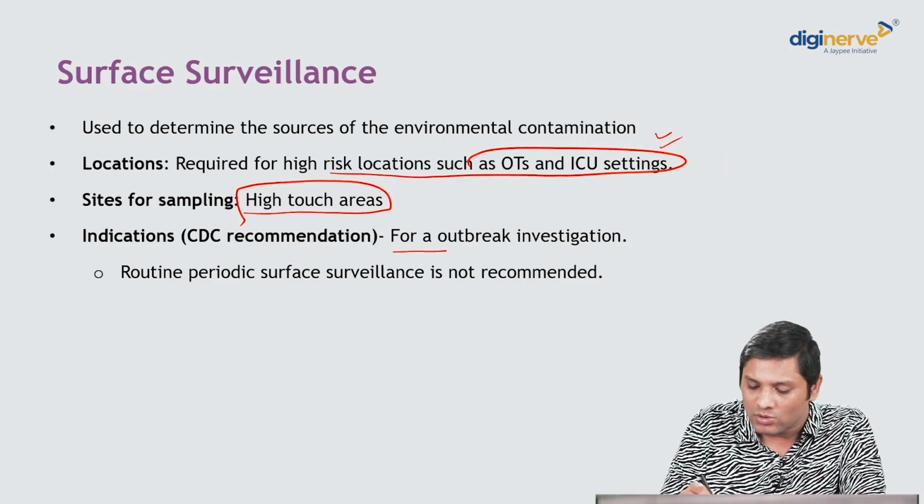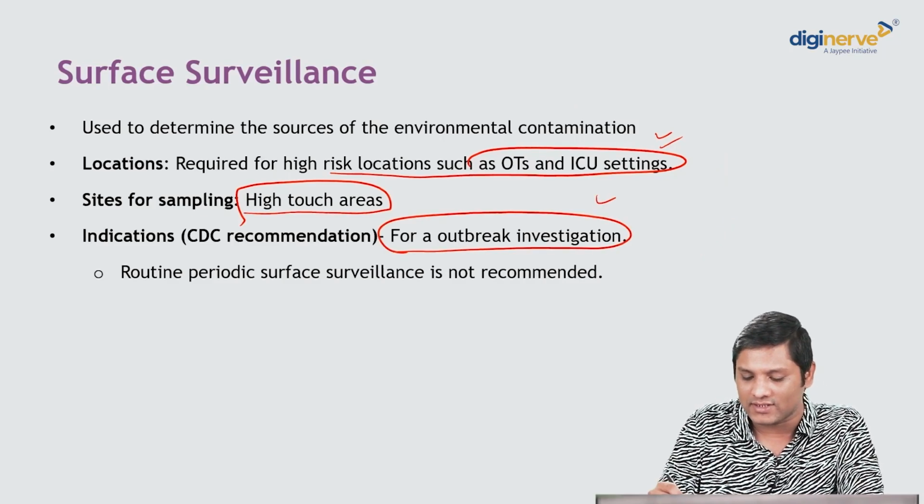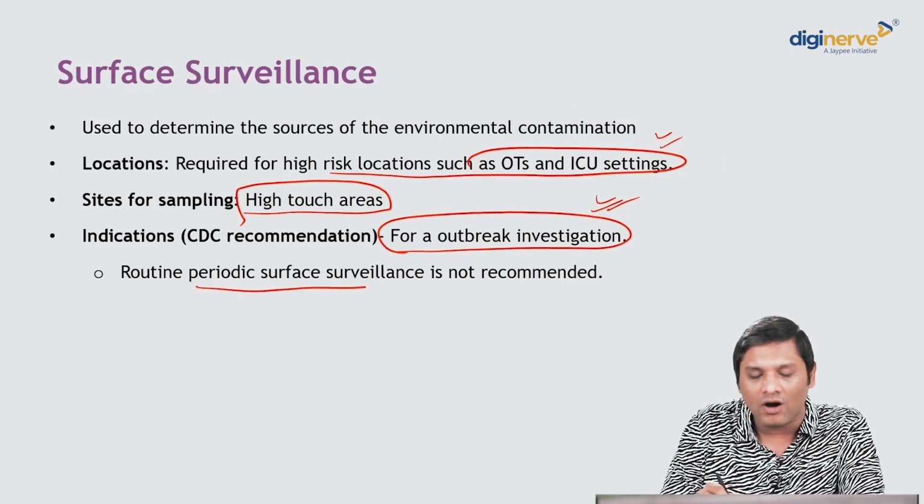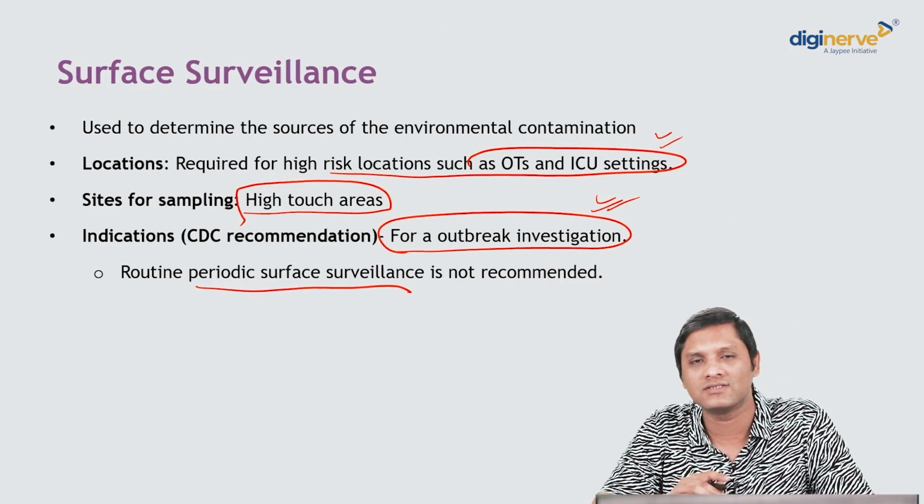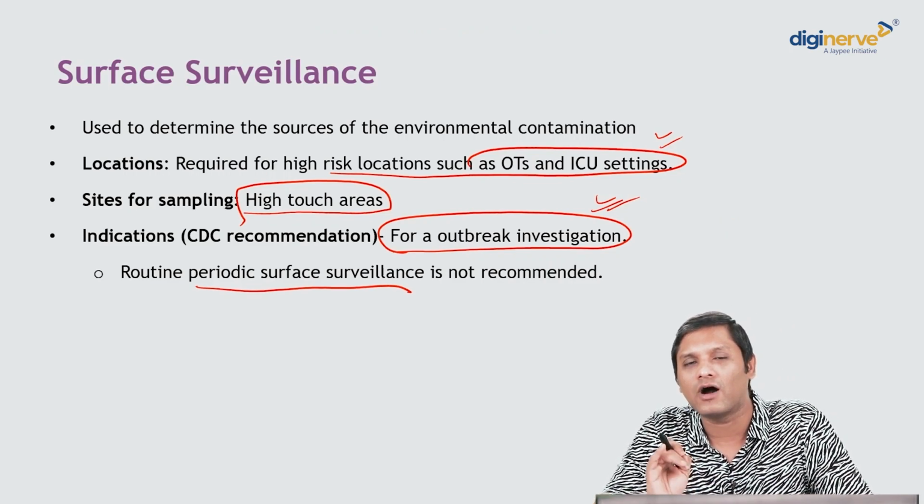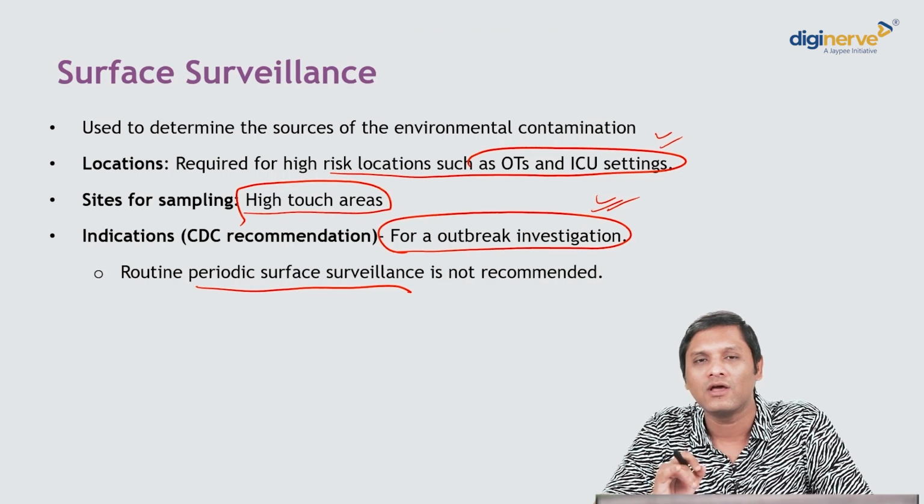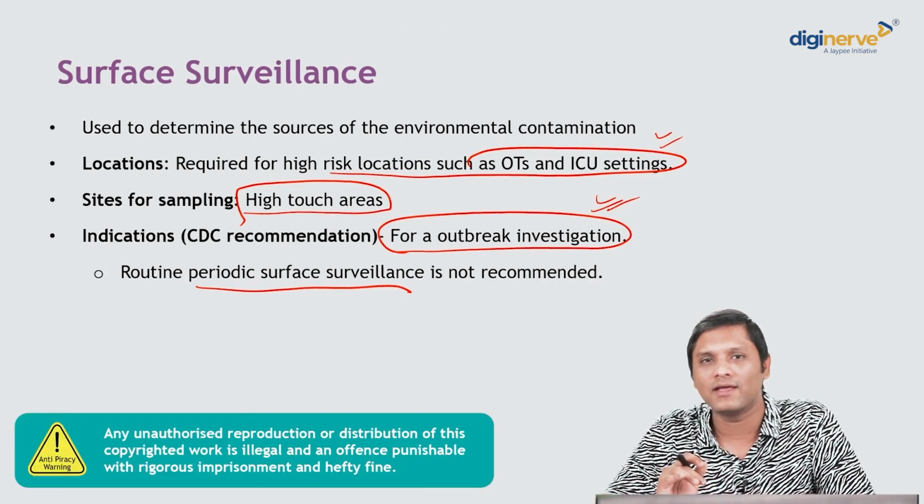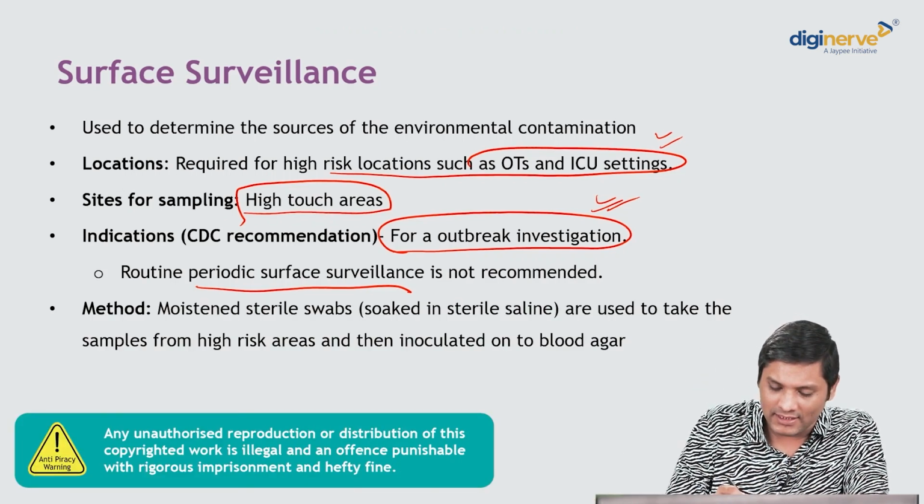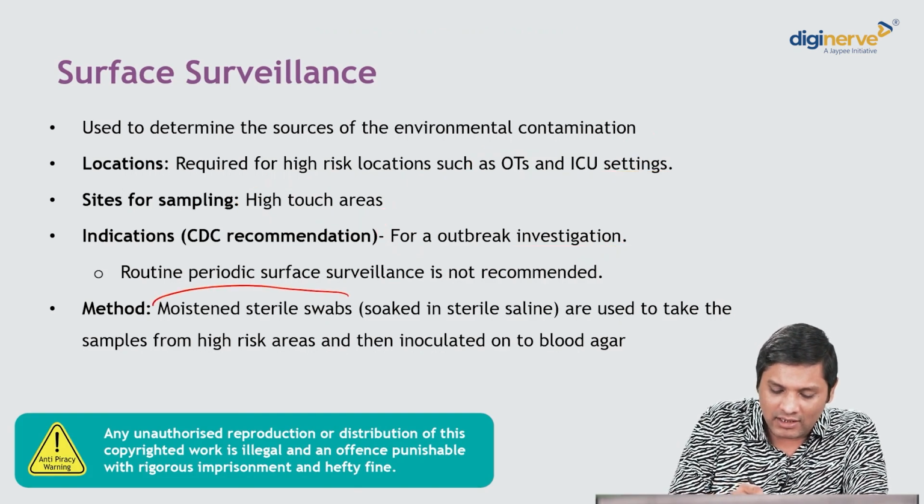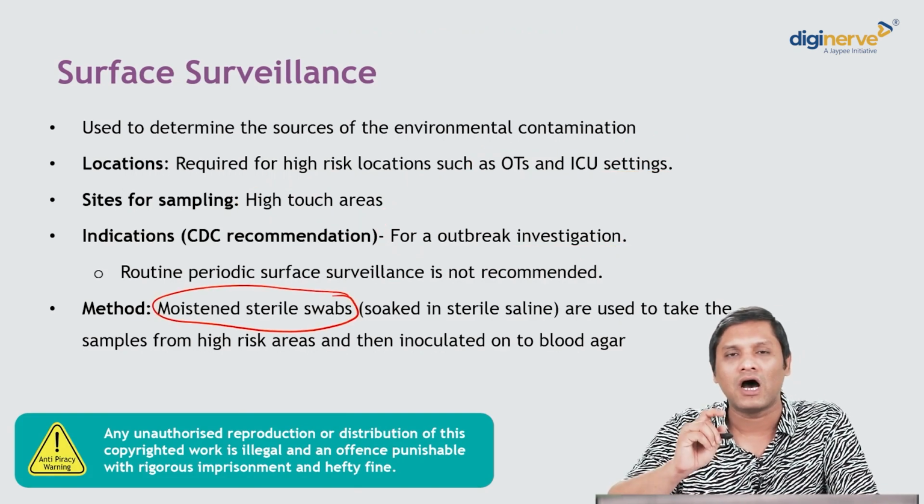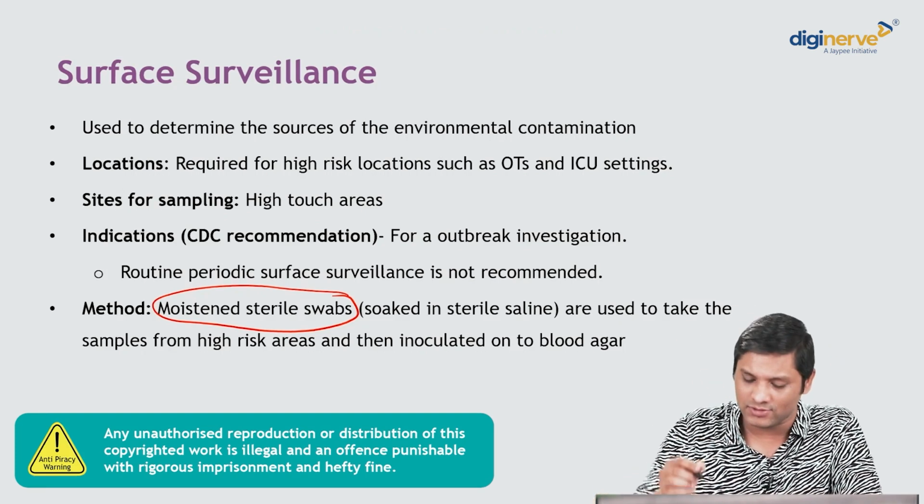What is the indication of sampling? The surface surveillance is done usually for an outbreak investigation. The routine periodic surface surveillance is not indicated. Only for an outbreak situation you can do surface sampling. And how to do sampling? They say that you have to use a moistened sterile swab. Sterile cotton swabs can be used,